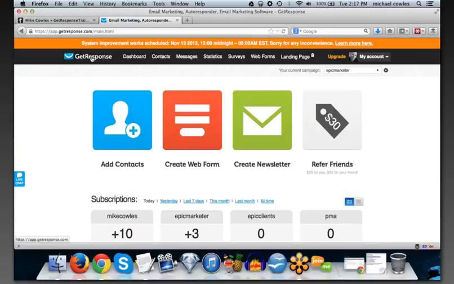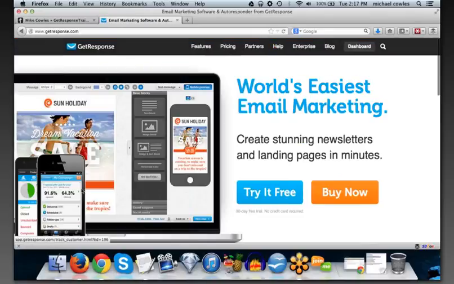One of the things that I really like is their app. Literally I can be at a red light or the park and pull out my iPhone. I can see exactly what the click-through rate was, the open rate was, how many people are reading my emails.